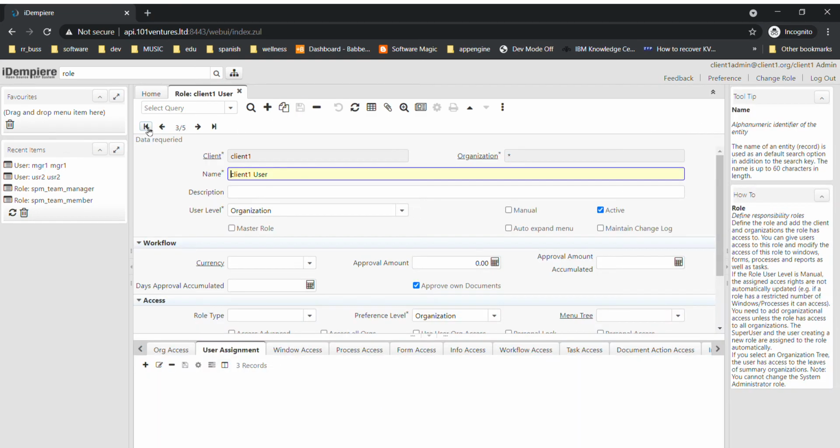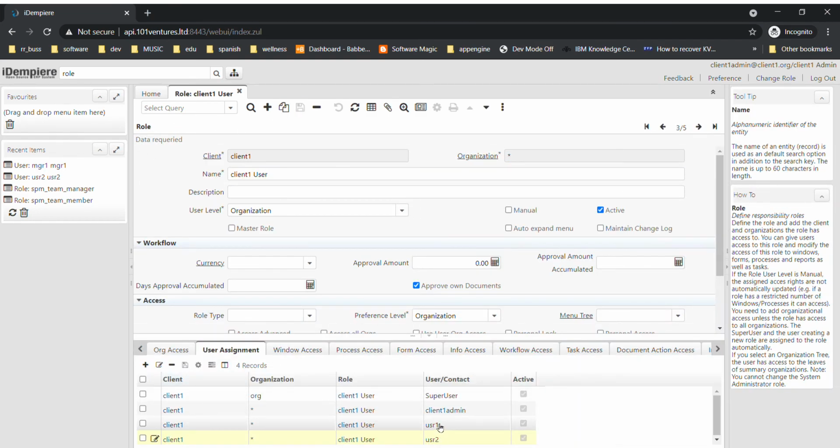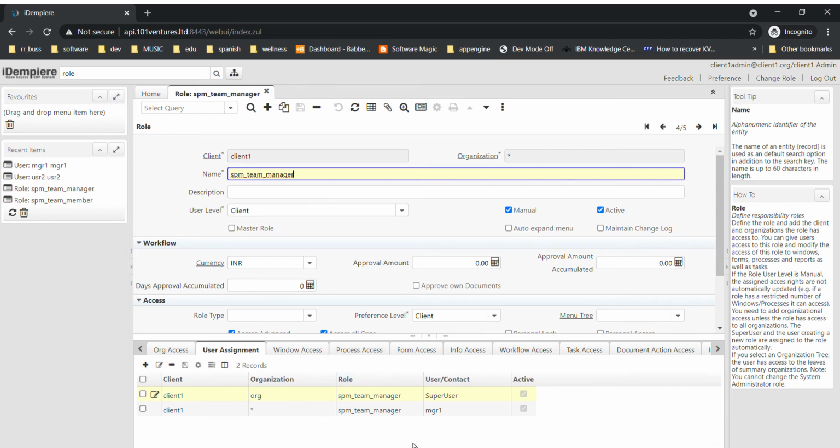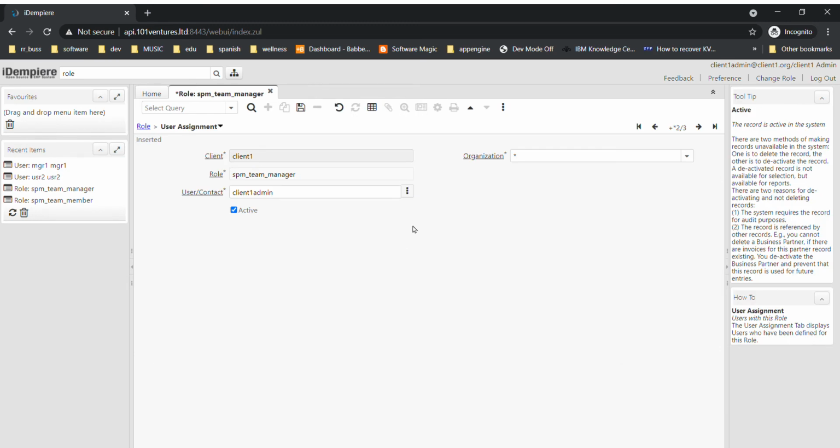So if we go back, so user 1 and user 2 both having the client one user role, and also SPM team manager. So client one MGR1 user is a SPM team manager. I'll also add the